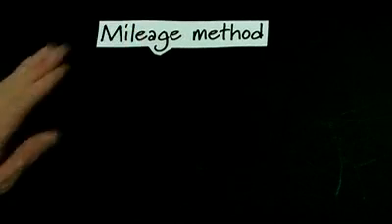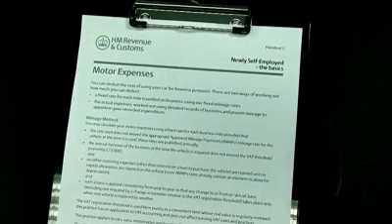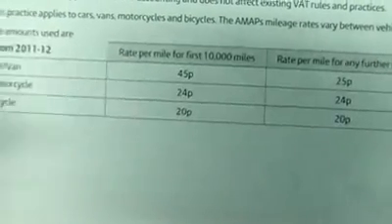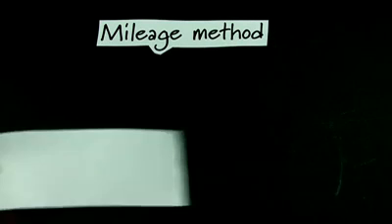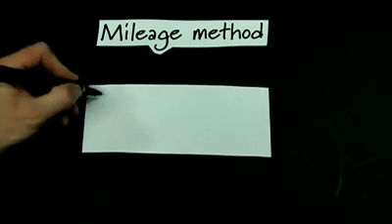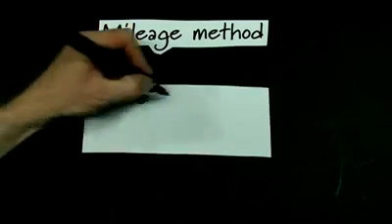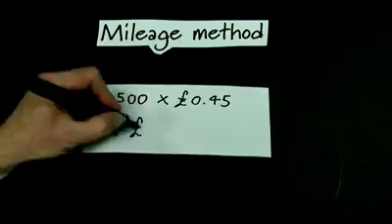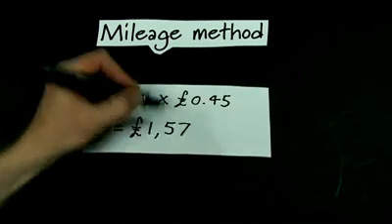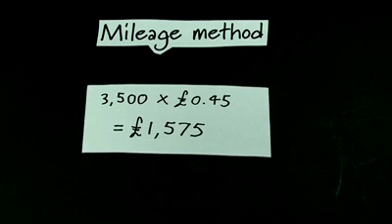For the mileage method, Katsu needs to use HMRC's Approved Mileage Allowance Payment (AMAP) rates to calculate his motor expenses using a fixed rate for each business mile. In this calculation, Katsu multiplies the 3,500 business miles he has driven in the relevant tax year by 45 pence a mile, which equals £1,575. If he had travelled more than 10,000 business miles, then a reduced rate of 25 pence would apply for